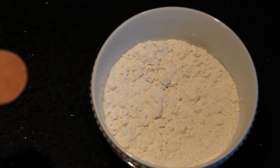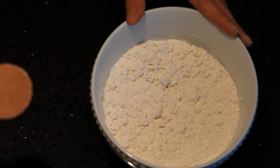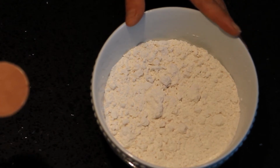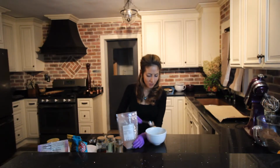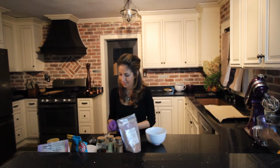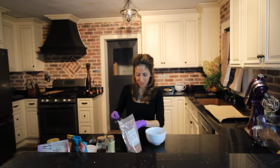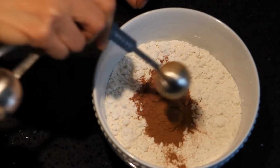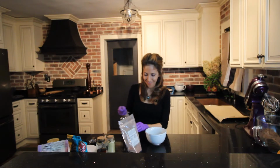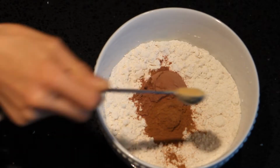Now for the dry ingredients. In this bowl I have 3/4 cup of the Namaste all-purpose flour, gluten-free, and a 1/2 cup of Bob's Red Mill's 1-to-1. 1 tablespoon of cacao powder, 1 teaspoon of cinnamon, 1/2 teaspoon of ground ginger root,